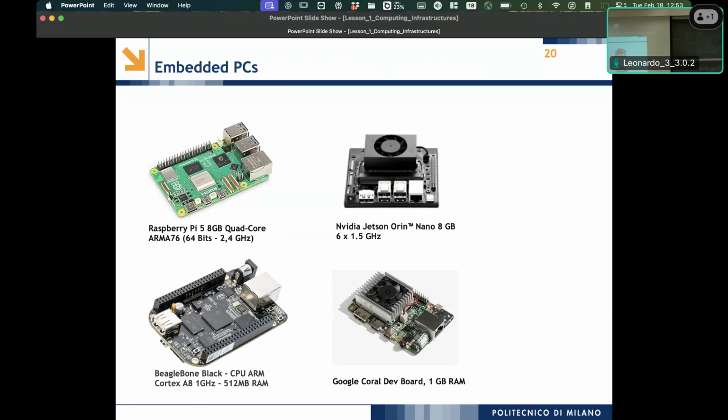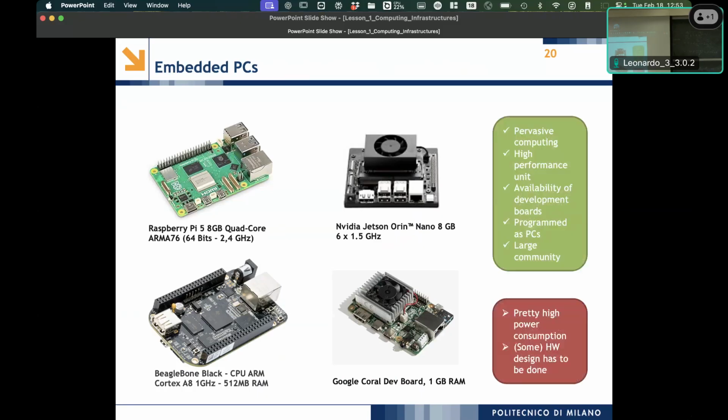Okay. So here, which are the characteristics? Here we can go more pervasive. Given the task, you can plug one of these into the devices that you have at home, for example, or maybe something inspired by this hardware runs within the smart cameras that I told you about. So it's more pervasive, more widespread. They are not located in a data center. You can plug them where you need.